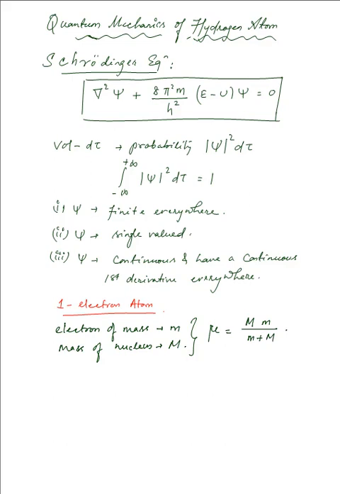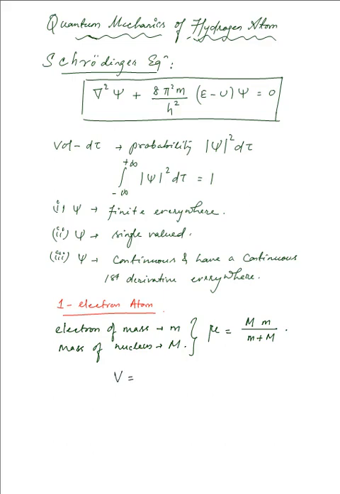Now, the reduced mass electron moves about the infinitely massive nucleus, and therefore the nucleus will be stationary. We are considering that the nucleus is now treated as infinitely heavy and stationary, and the electron is moving about the nucleus with the same electron-nucleus separation as that in the actual atom. Now, the electron with the reduced mass has a Coulomb potential, and the potential is given as V is equal to,